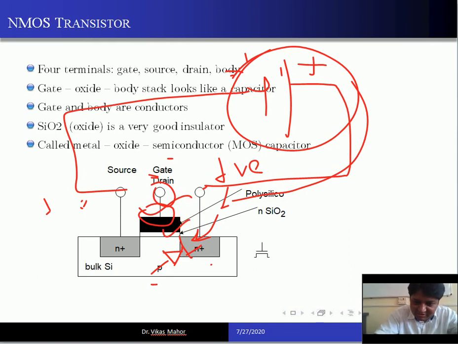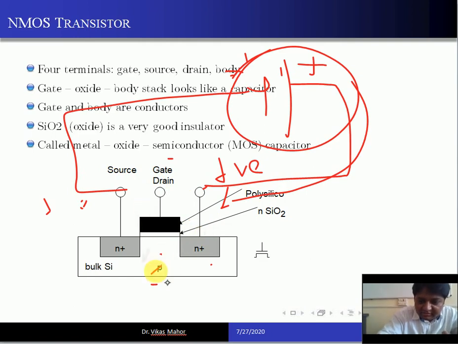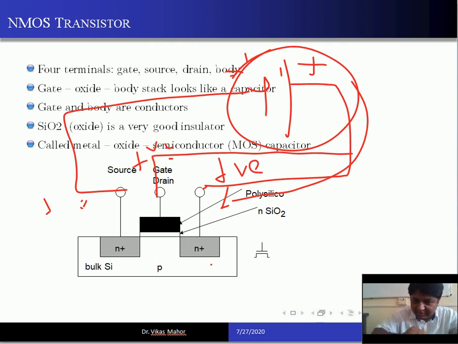Metal oxide semiconductor. Fine. So you have a gate terminal here. You apply a positive voltage here. What type of voltage do you apply here? A positive voltage. So you connect this terminal. I'm erasing some of the things. Just a second. So what you do, you connect this terminal here. Now what will happen? This becomes positive. This is a positive electric field.